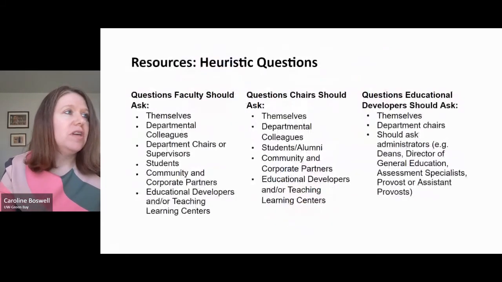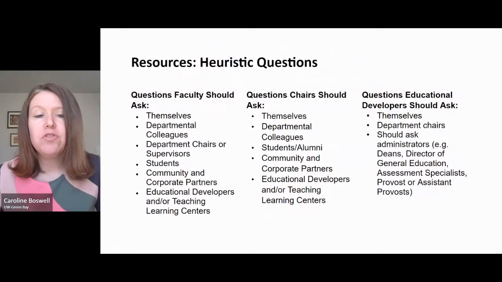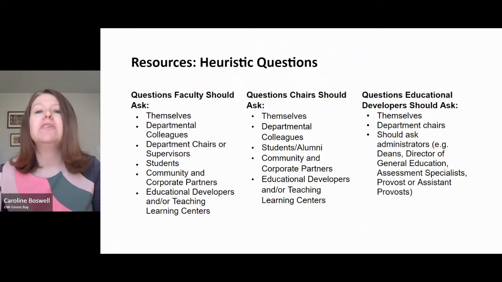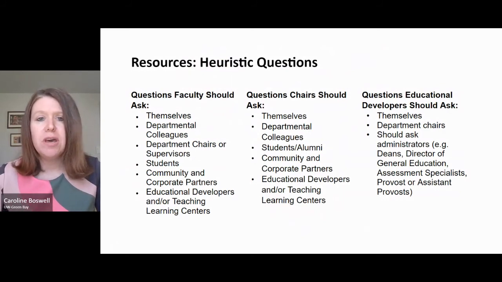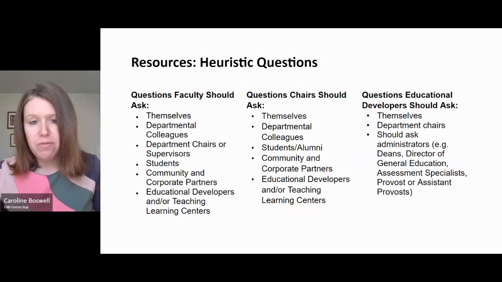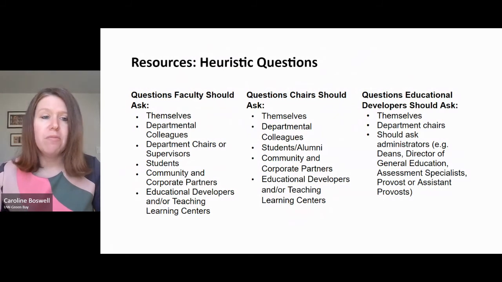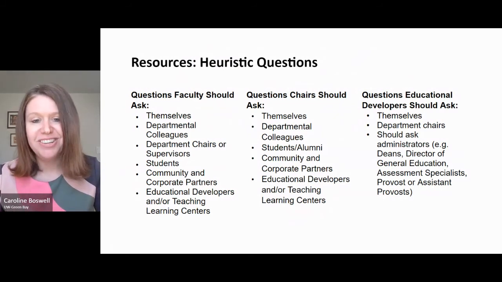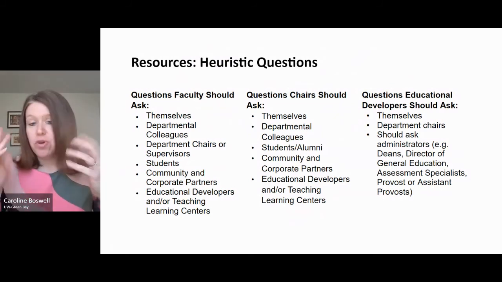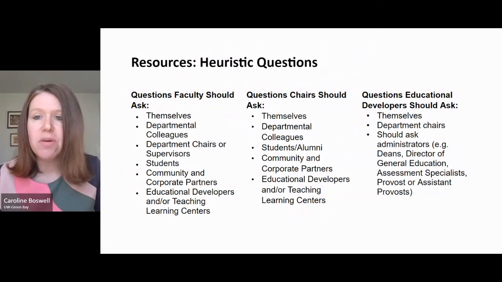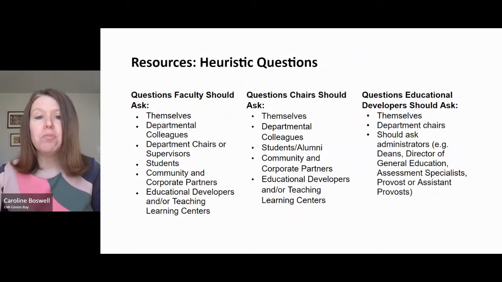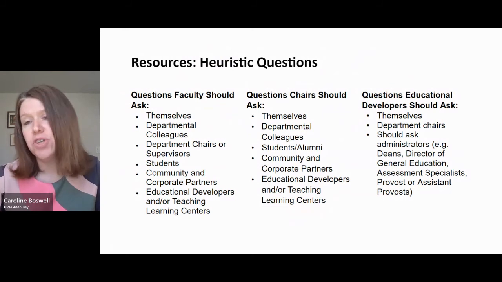And so one of the things that we did as a result is we've drafted a series of heuristic questions that emerged from this study, right? Questions that we think people should be asking themselves and other capstone stakeholders. And so what we really wanted to do today, and we have a small group here, so I think we could go into one breakout room because then we can actually hear you all, is choose one of these lists of heuristics and talk about which questions we think would be most pressing based on a case study that we'll share with you.